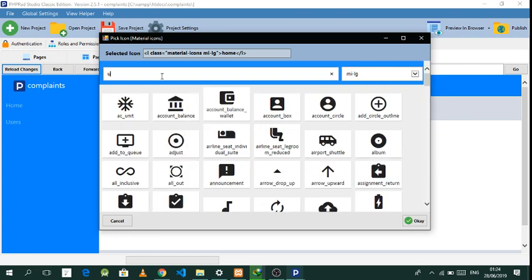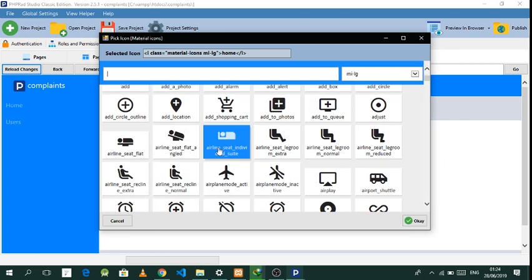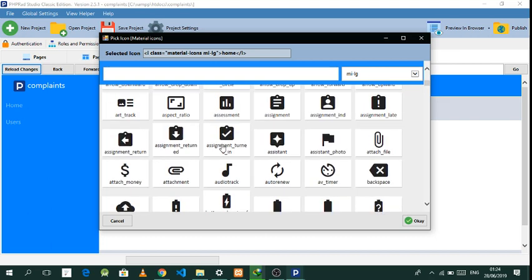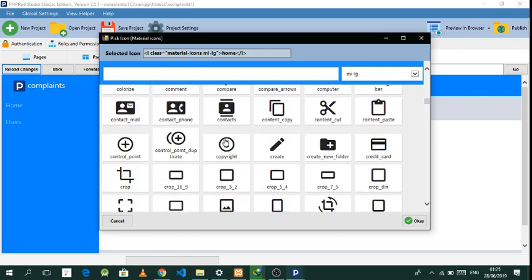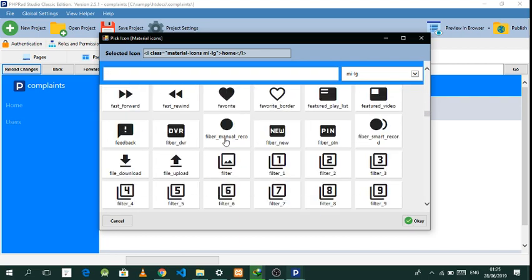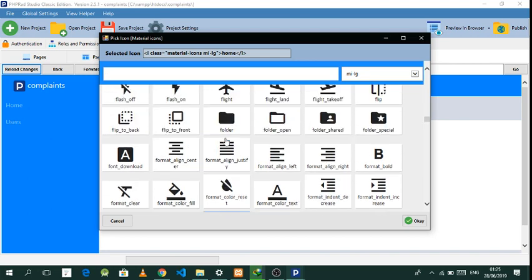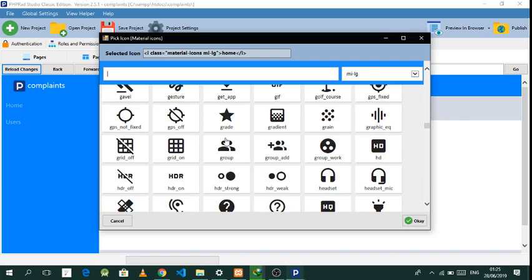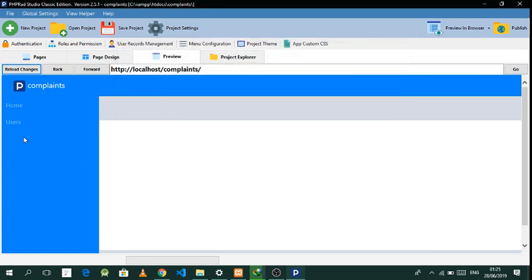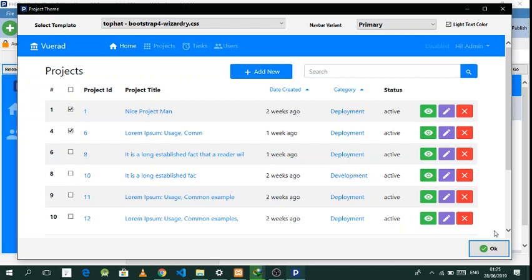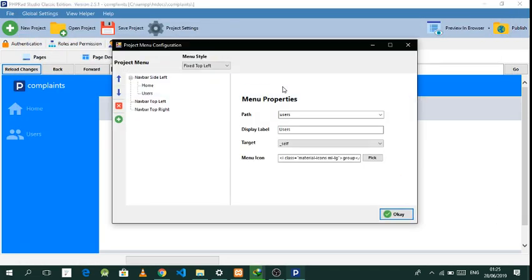Alright, so what do they call it here? Alright, let's see. Okay, call it group. So then you just need to reload the page, and you can see we have the home page and the user page. But I guess it's too big, so what we want to do is come to menu configuration,